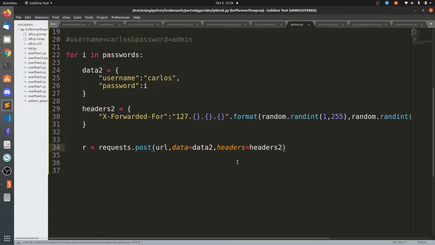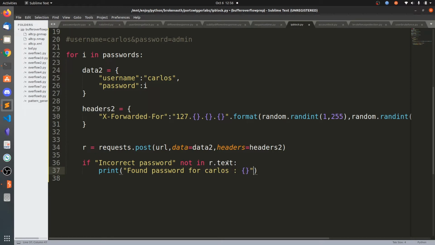So we'll be sending this, and if incorrect password not in r.text, print found password for Carlos .format of i.